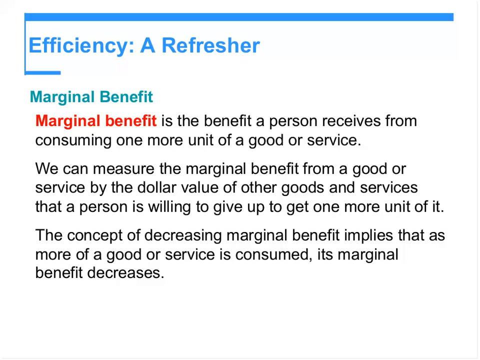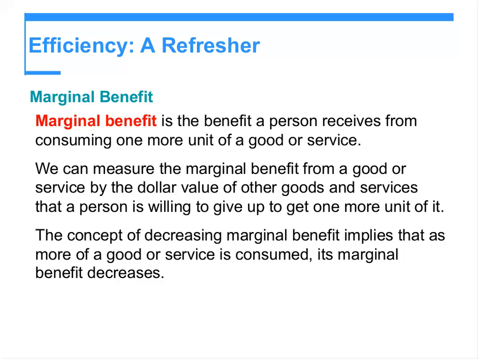So for example, the first liter, maybe you like it the most, so you have the maximum marginal benefit. You're willing to give up easily 2 eggs. Just imagine each 2 eggs for 1 liter of milk. So for another 2 eggs to give up and get another milk, we have less marginal benefit. As time passes, your marginal benefit decreases as you are satisfying your need.